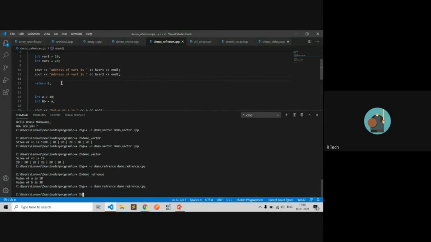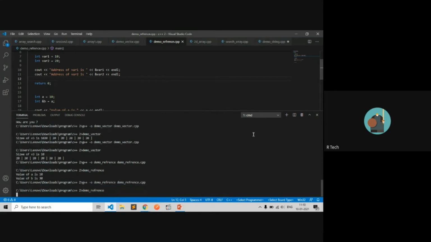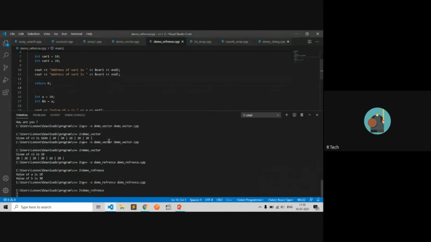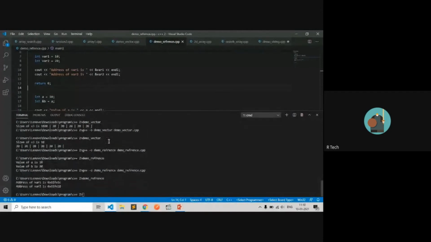Demo reference. You can check here the address of variables 1 and 2.